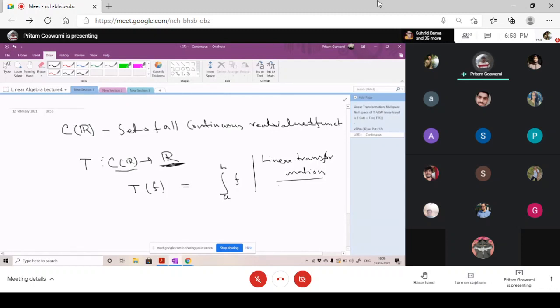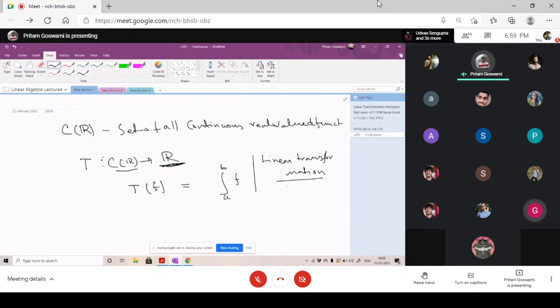Like the integral of f plus g is nothing but integration from a to b of f plus g, and you just divide the integration in both parts. Sir, do we need that continuity thing there? Because if you're writing an integral from a to b of f, it implies that over that interval f should be continuous.